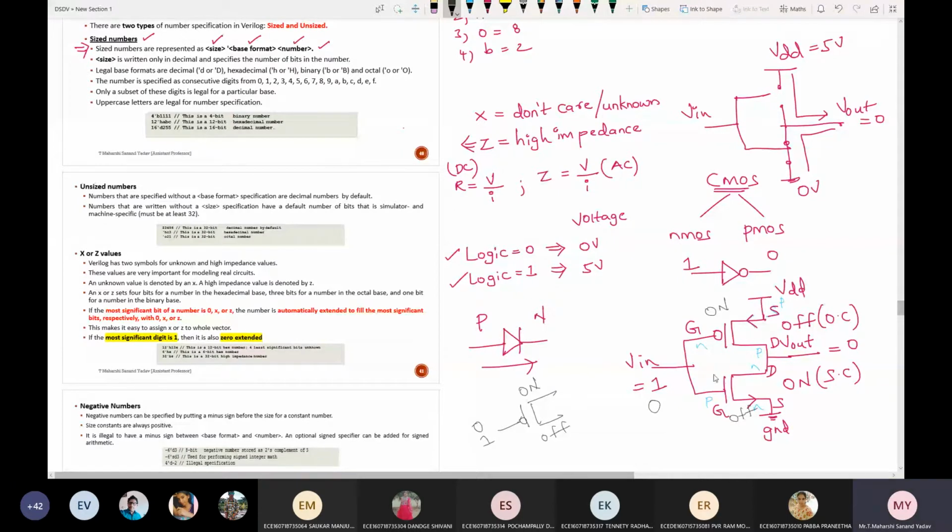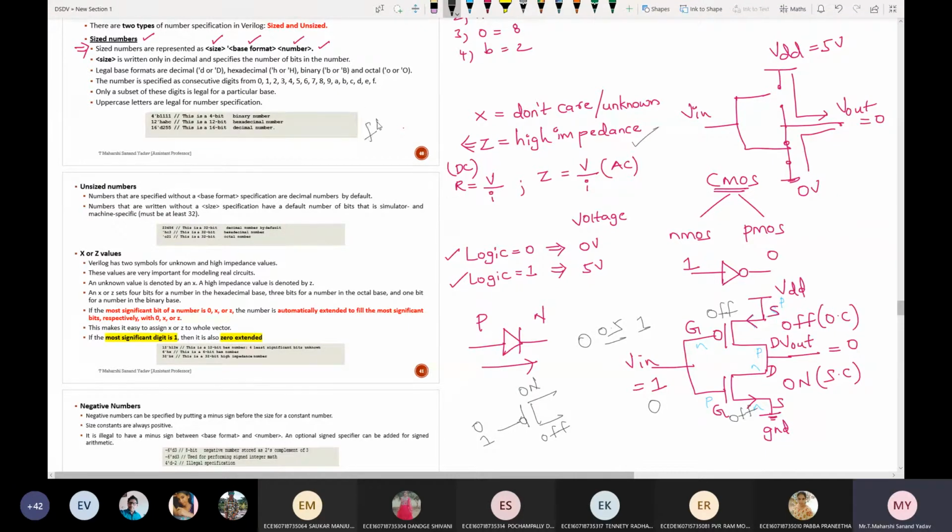Now I'm telling some different criteria. Suppose if both are off, what will happen? Is that possible? No. I'm telling that value is 0 and 1. Suppose if I take value as 0.5, there may be a chance that both the NMOS and PMOS will be on. So when both the NMOS and PMOS are either on or off, it is called as high impedance state.